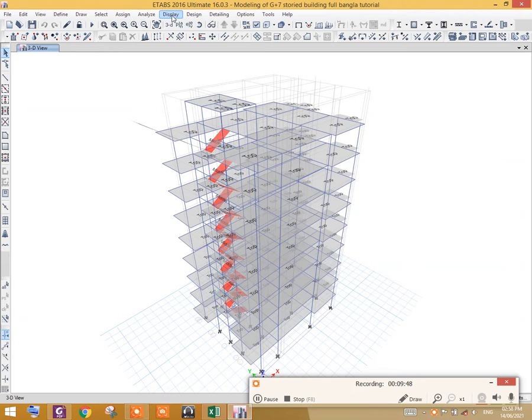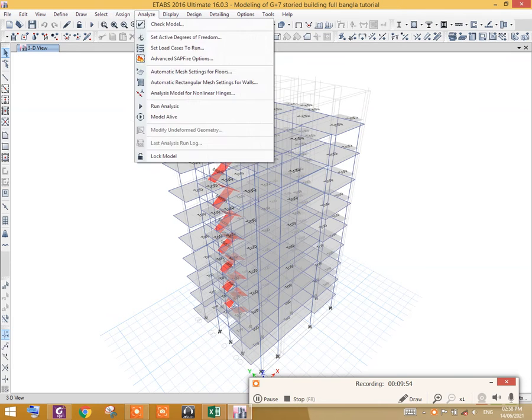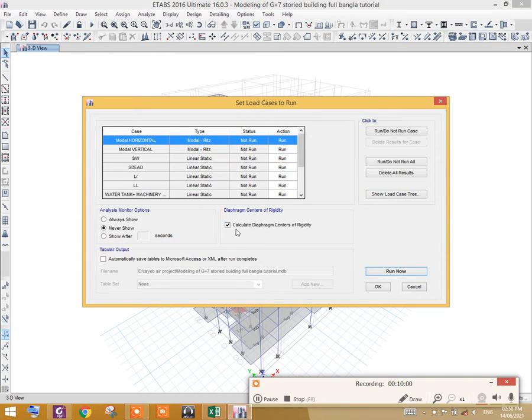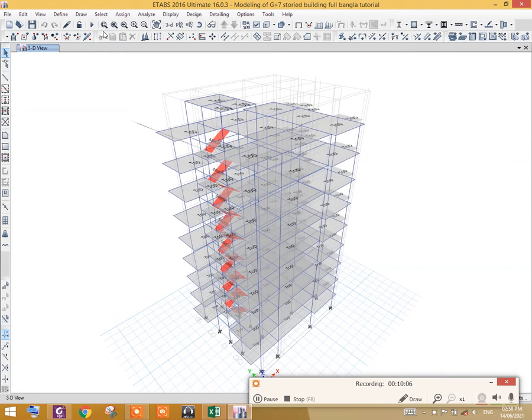So to calculate the center of mass, let us go to Analyze, Set Load Cases to Run, and select calculate diaphragm centers of rigidity. Now press OK. Now run analysis.